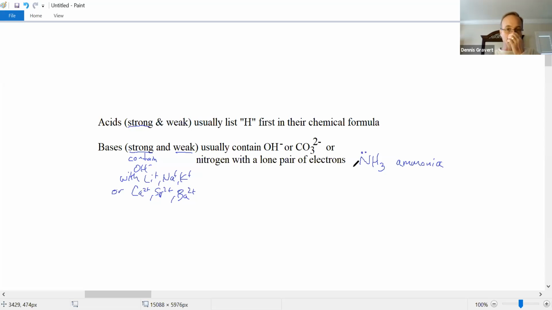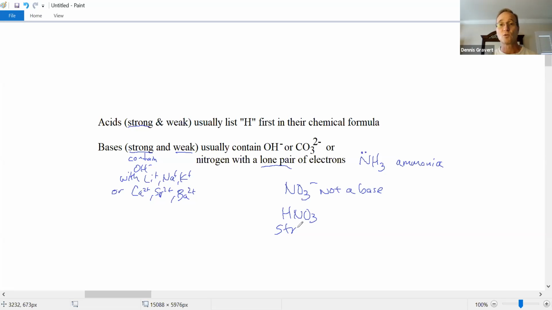Okay, and then I just put in the lone pair. What's important about knowing the lone pair is that if I say, hey, nitrate, are you a base? You have a nitrogen atom. Ew, it turns out nitrate doesn't have a lone pair. So we'd have to draw out all the electrons, the Lewis dot structure, to see that. But a better way to remember that it's not a base is that